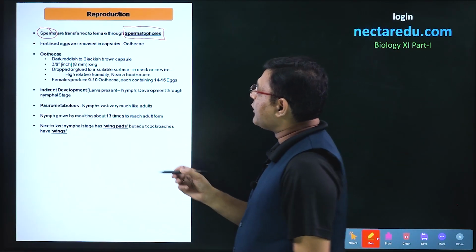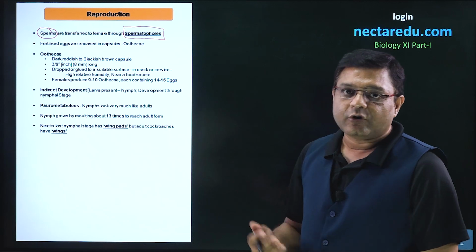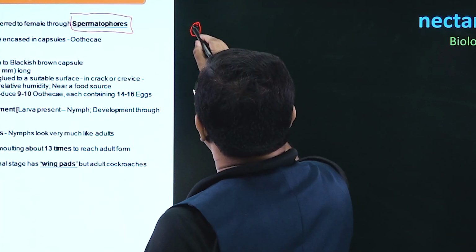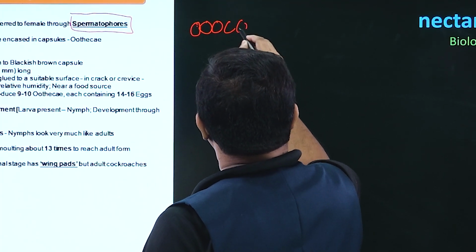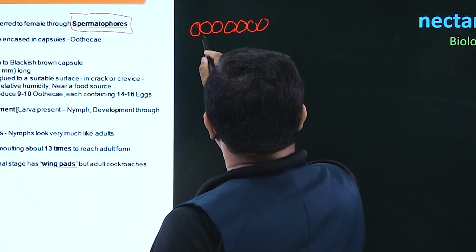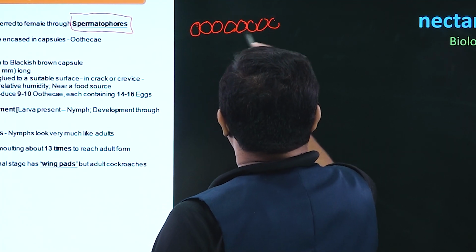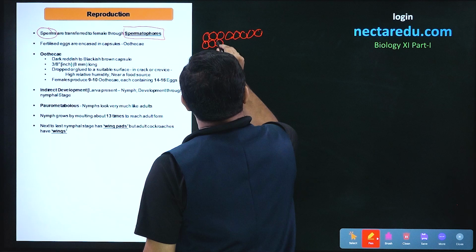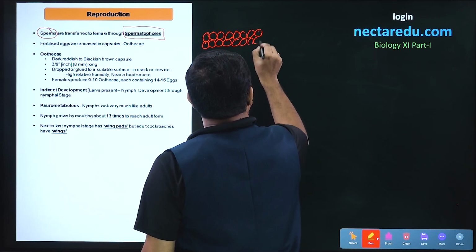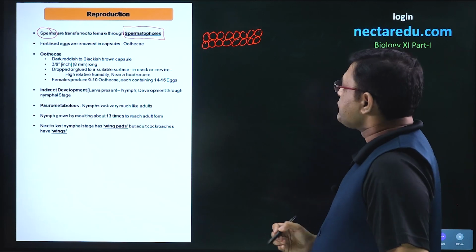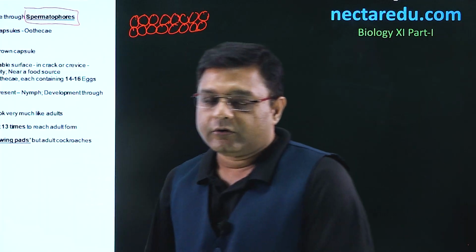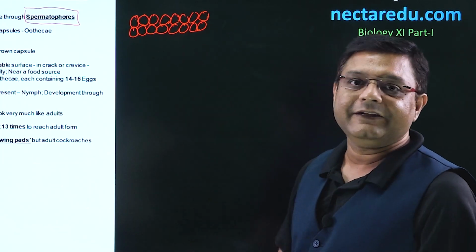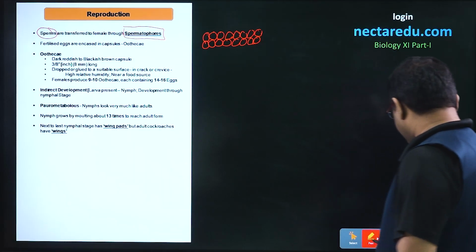After this, female cockroach produces the ova. So at one time, 16 ova are present. 16 ova are arranged in two lines of 8 ova each. So these are 1, 2, 3, 4, 5, 6, 7, and 8 ova in one line and another 8 ova in the second line. So 16 ova are produced at one time. Now, female cockroach will release the sperms which are stored in spermatheca on these eggs or ova. So these will become fertilized.